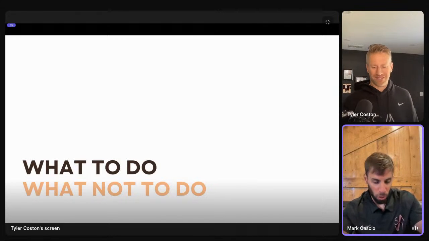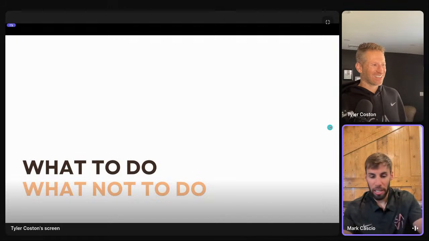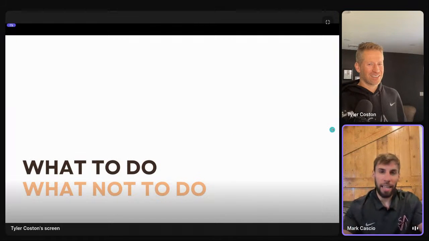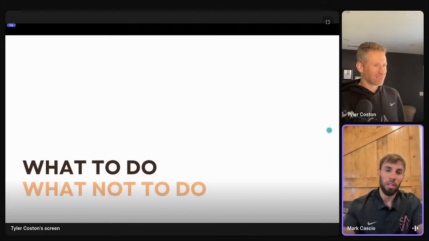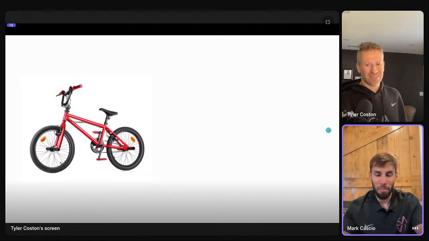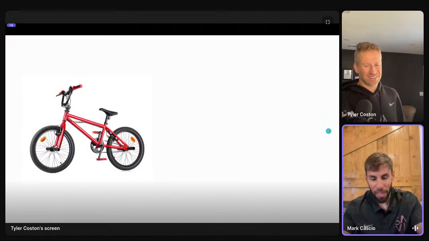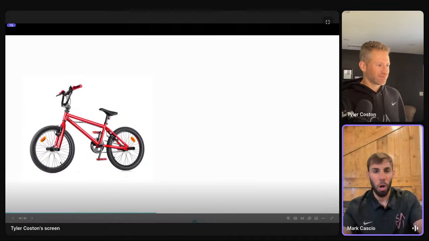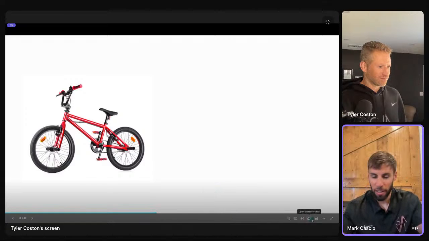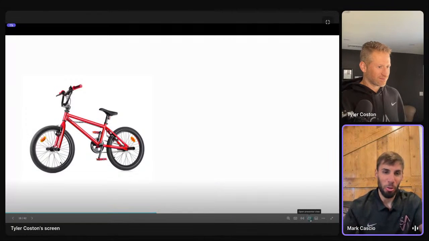We'll do a quick exercise here so I can show you the impact of this. If I asked you not to picture a red bike, so do not picture a red bike in your head, we're likely all picturing a red bike in our head. And that is the same thing that happens to your players. Don't dribble to the corner, don't let your player go right.